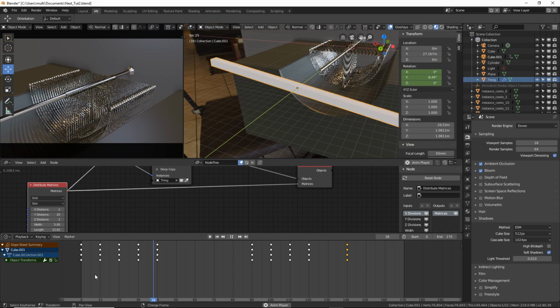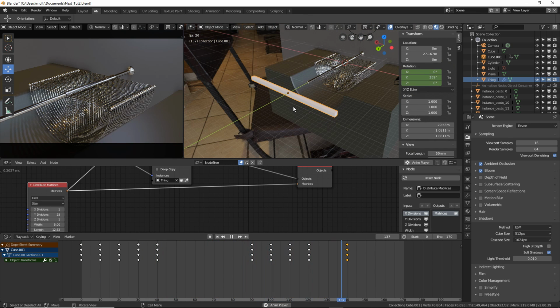So this is the animation, and then you can add however many keyframes you want.